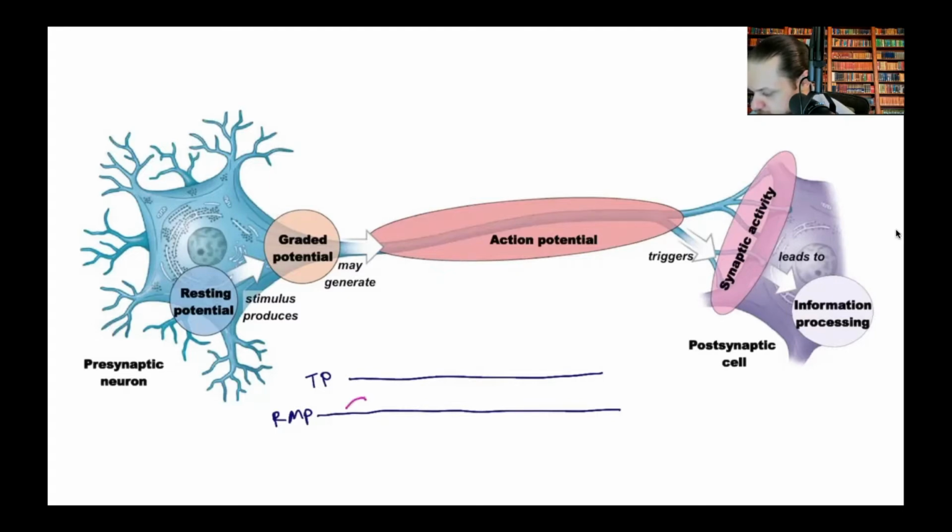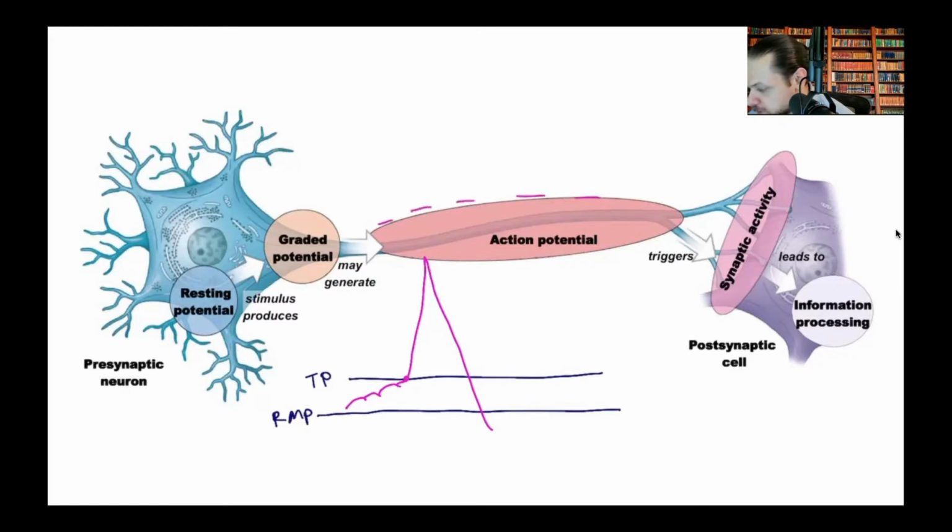And if enough sodium comes in to get to the threshold, we will have that action potential coming. So graded potentials can be additive. They can come together to trigger the threshold potential, sodium channels open, and the action potential will sweep across the membrane,